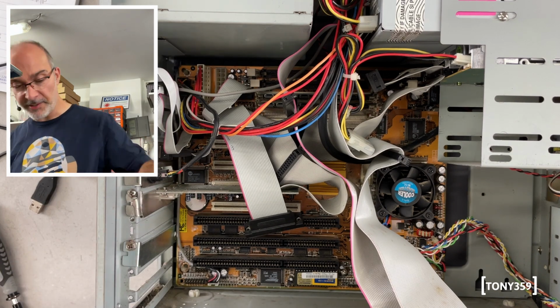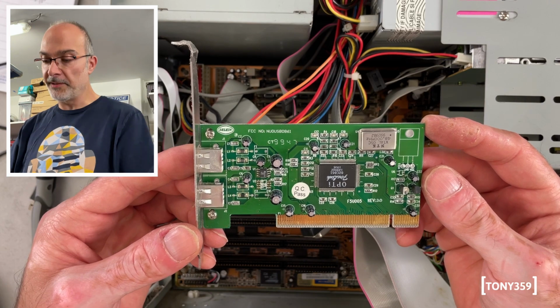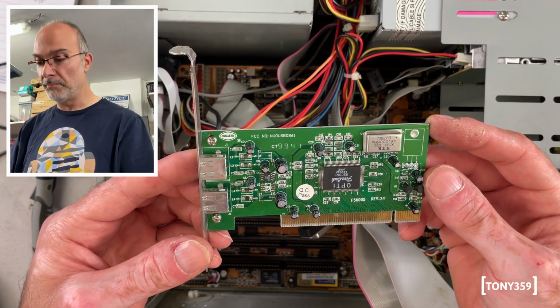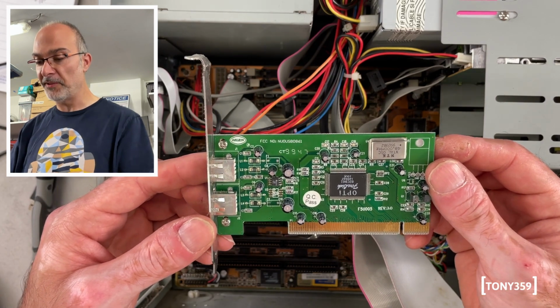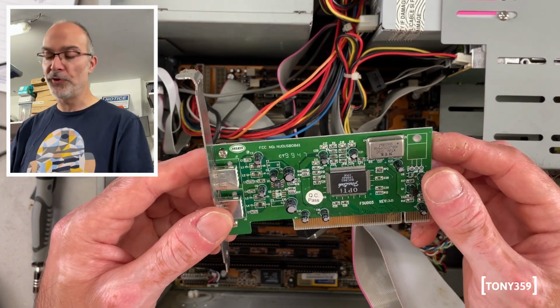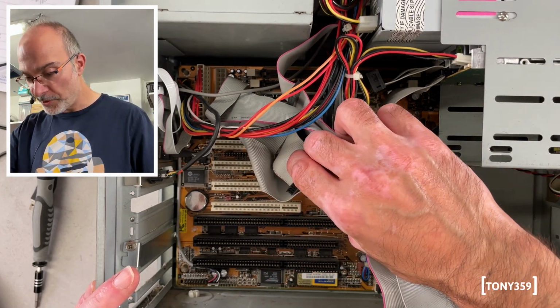Next is this card in here, which is the USB one. This is a PCI card, and it's just a very simple, modern Belkin USB card. Nothing special, to be honest. Not very interesting. It's too new, too modern. I don't care about that. Right, that's it with the card, which means...